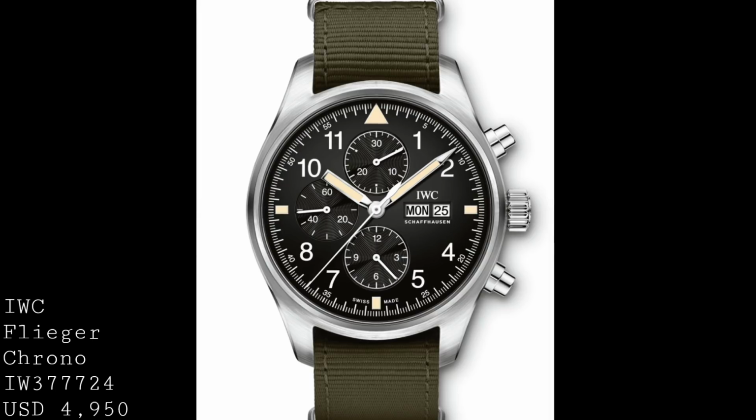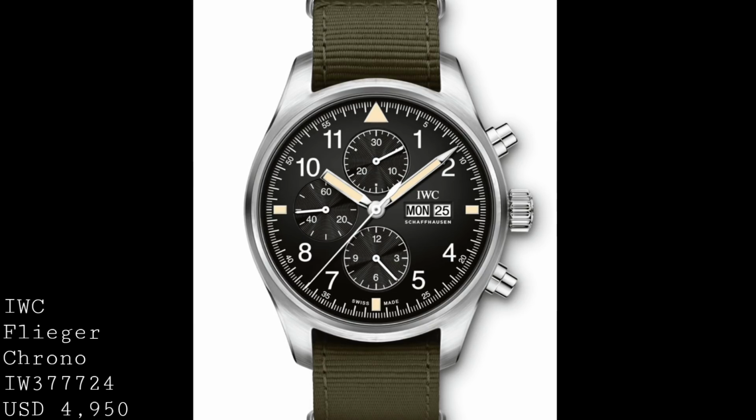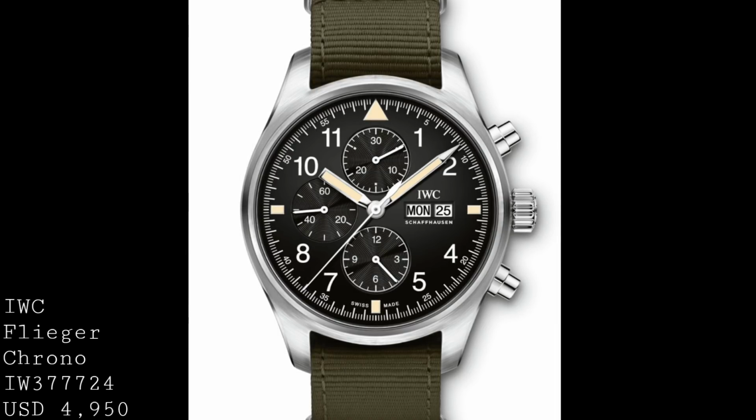And whilst these days IWC are very much a luxury brand, I do always enjoy seeing these watches harking back to earlier days, when IWC was very much known for their sporting and technical watches. And this watch is about as close to those technical watches as one can get. And the case has grown to 43mm by 15.3mm, which is by no means small, but perfectly suitable for this